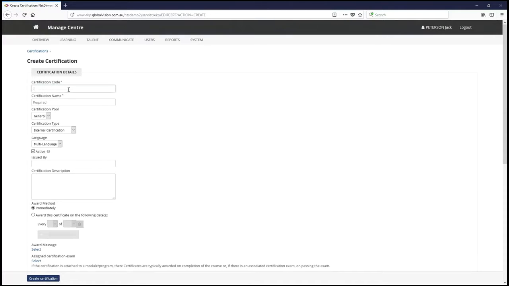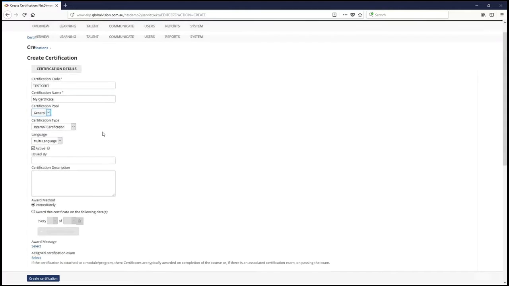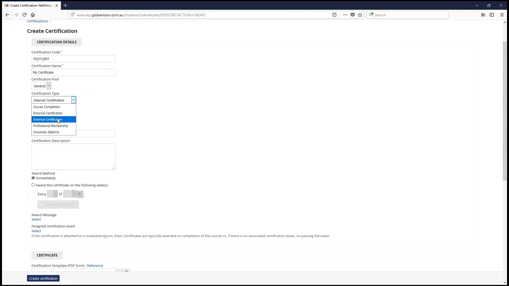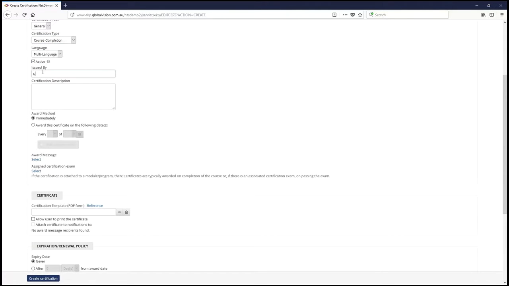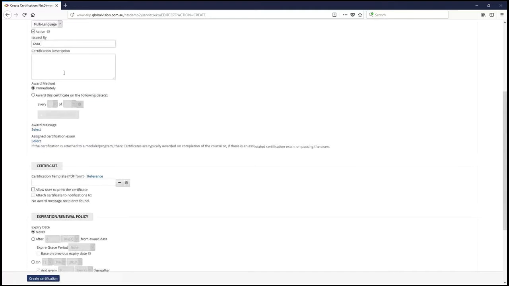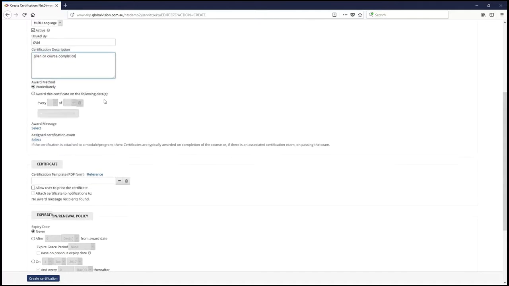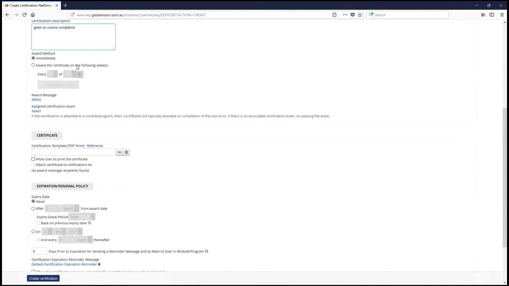So let's say we'll call it test set, and we'll put it into general category, and we'll say this is a course completion certificate. We'll make it active, issued by, and a little bit of description. And award method is immediately, or we can say